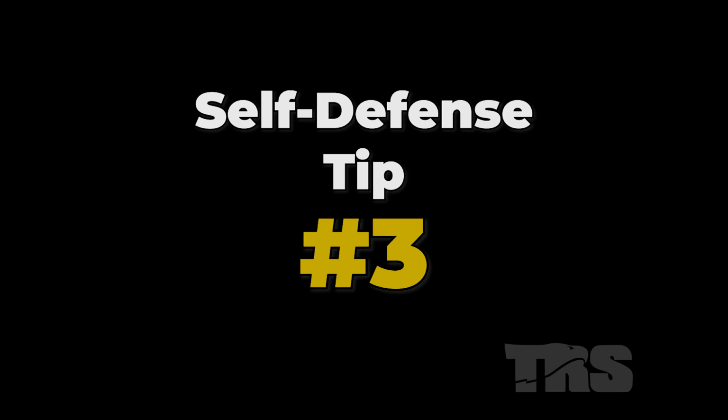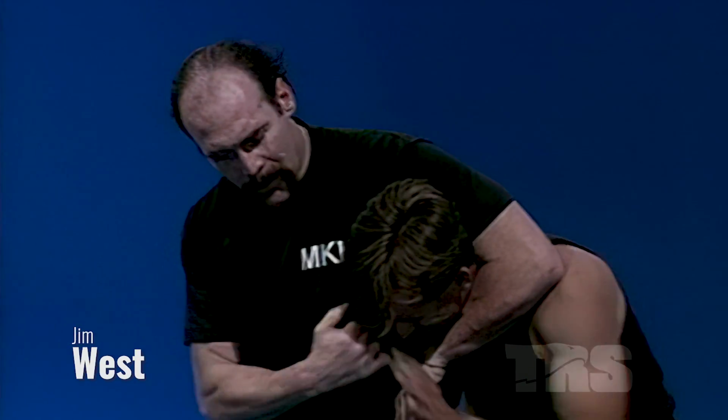Self-defense tip number 3. I don't know how this happens, but I've seen it so many times in a bar room, even when I was in school: somebody's in a headlock, punching and going crazy. I guess people don't have the education to be smart fighters. If you end up in a headlock,